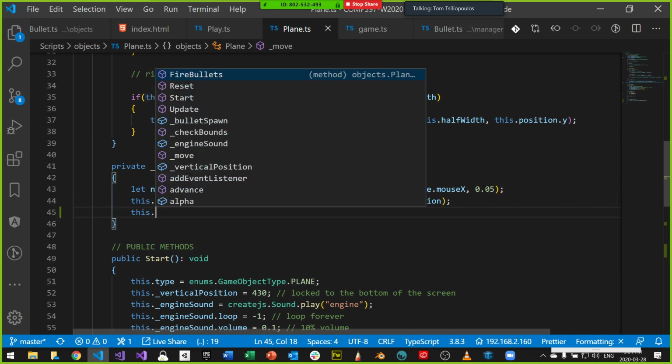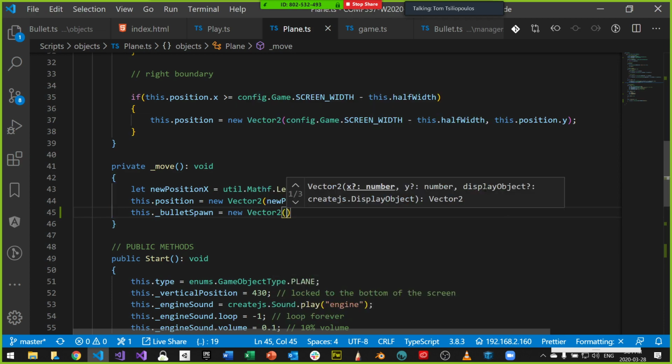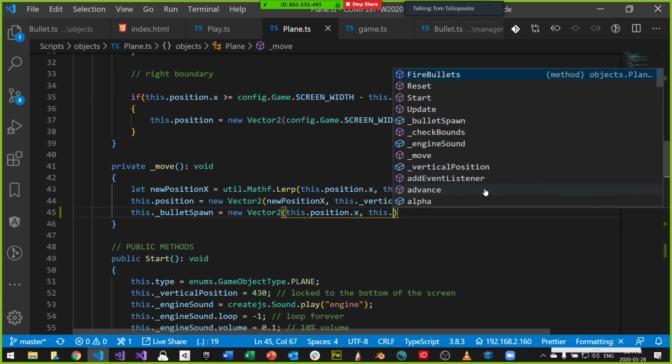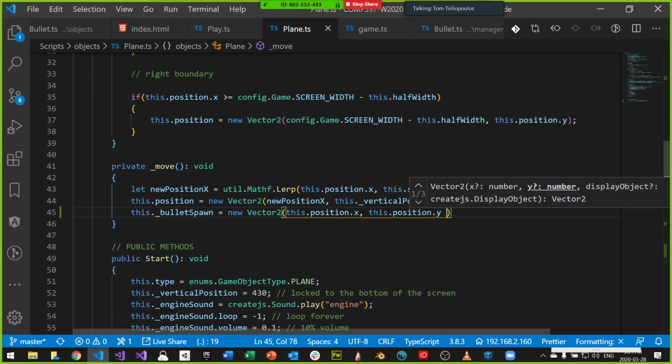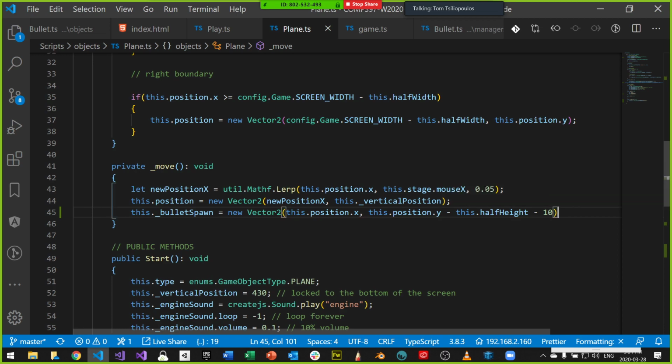It's going to be like this: this._bulletSpawn is equal to a new Vector2 object, which is the position of my plane, this.position.x and this.position.y minus, I want to move it up half the height of the plane, this.halfHeight, minus some amount, something like minus 10, not the whole size of the bullet, but something like that.